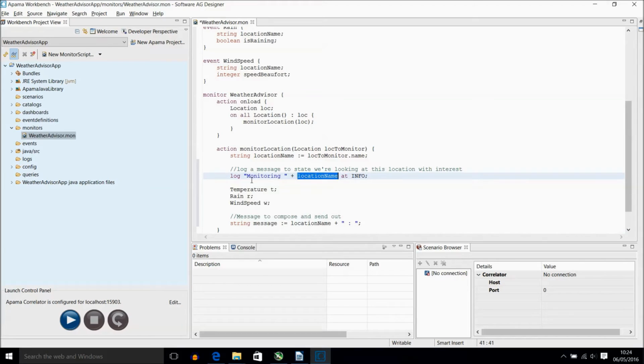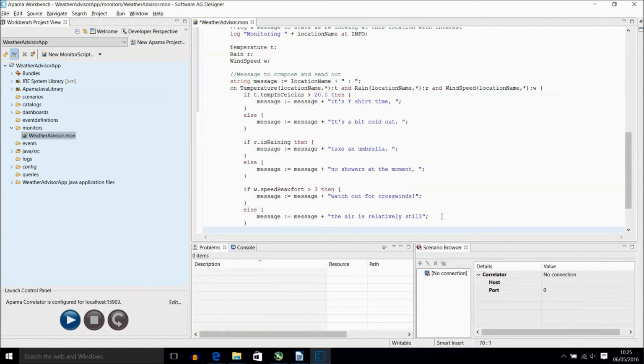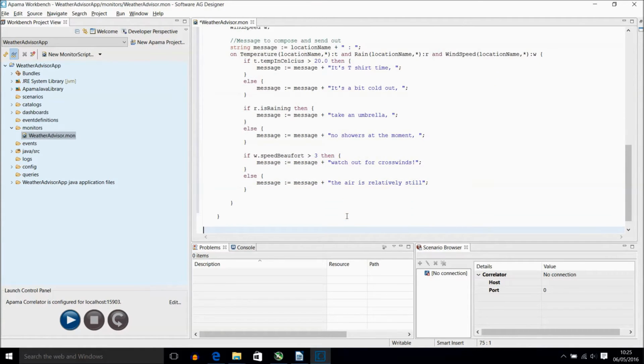We also declare some variables to assign the event information to allow us access to that information. We will then set up a listener based on this to listen until we get one of each of the following: a temperature for this location, a rain event for this location, and a wind speed event for this location. Only then will this listener fire. When the listener fires, we add some logic to check various conditions on each of the received events, and we can then try to determine some sensible output strings. As you can see, at the minute we are doing nothing with those strings,